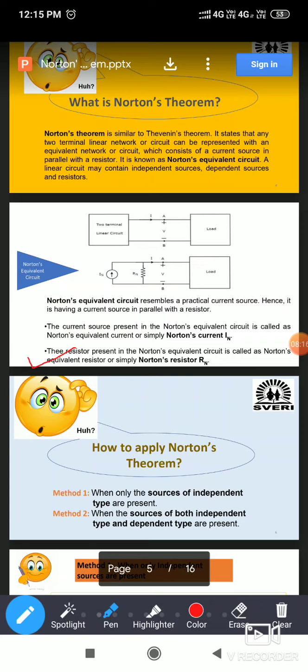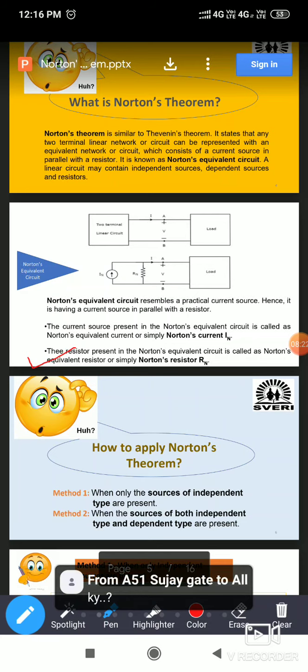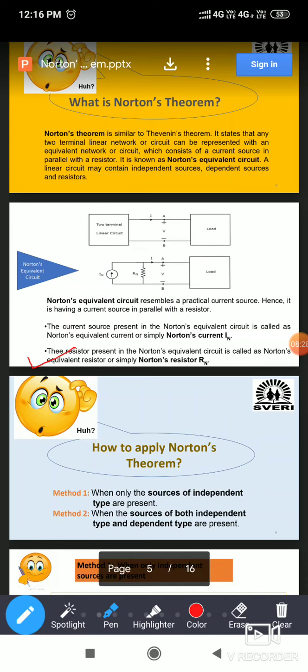Only in Thevenin's theorem you have to keep that RTH in series with voltage source, and here in Norton's the RN value you have to keep in parallel with the current source. That is the only difference. But finding out the equivalent resistance between two terminals, that procedure will be the same as that of Thevenin's theorem. Are you understand? Only the difference is in Thevenin's theorem we are finding out open circuit voltage, that is the VTH, whereas in Norton's theorem we are finding out short circuit current between two terminals A and B. Means the two terminals A and B, you have to make it short, and that short circuit current you have to find out, and that current is named as IN.